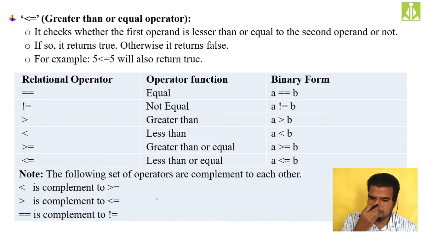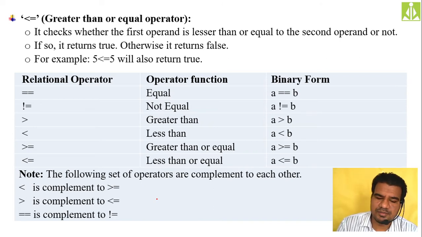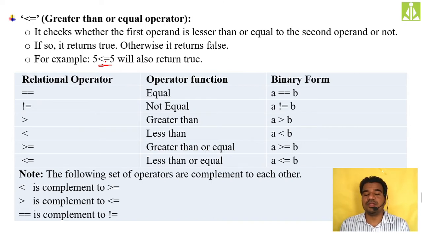So the next thing, less than or equals to, quite opposite to the greater than or equals to operation. Here it will check for the lesserness. It checks whether the first operand is lesser than or equal to the second operand or not. Even if it is equal, it will return true. So here when you do the comparison between 5 and 5 and keep the symbol lesser than or equals to, as you can clearly see, 5 is not lesser than 5 but it is equal, so it will return true over here.